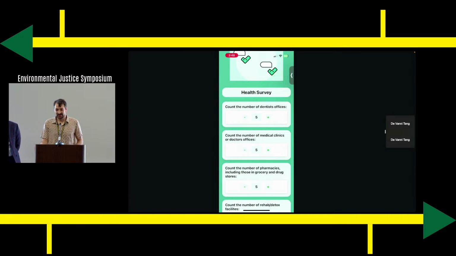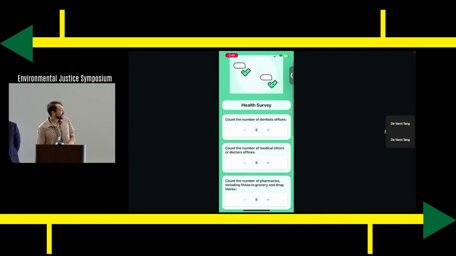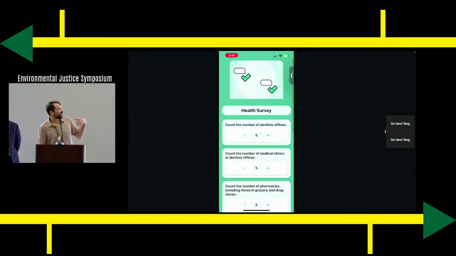So you don't have to count the pollutants in the air or anything like that, or buy any special equipment. This should be able to be done by pretty much anybody with a thumb. And even without a thumb, you can control your phone in many ways. And so all of these questions are designed to be really easy to answer in a very fast manner, which is also why we want to be able to allow folks in communities to customize the surveys to suit their